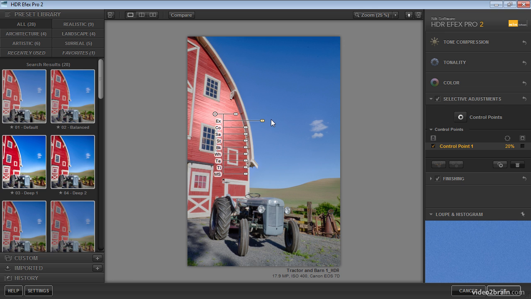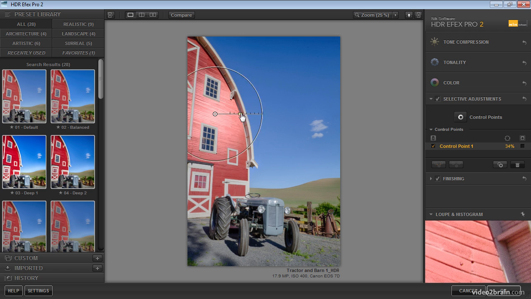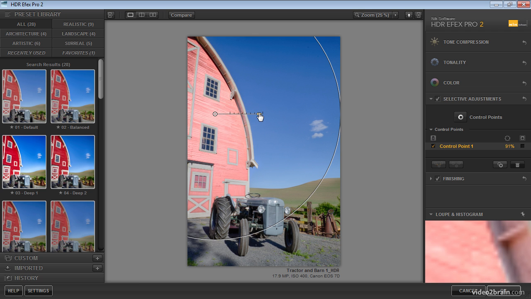I'll adjust exposure here, increasing the exposure value rather significantly by dragging the slider for exposure, which is labeled EX until we mouse over it, and then we can adjust the size of this control point. I'll go ahead and click on that topmost slider, and then drag away from that control point, to the right in this case, in order to increase the range, the area within the photo that will be affected by that